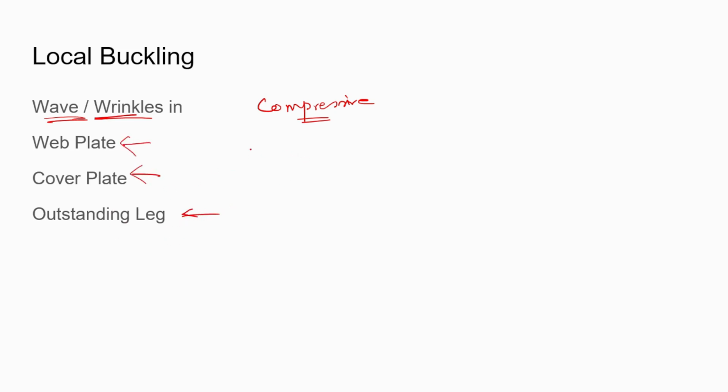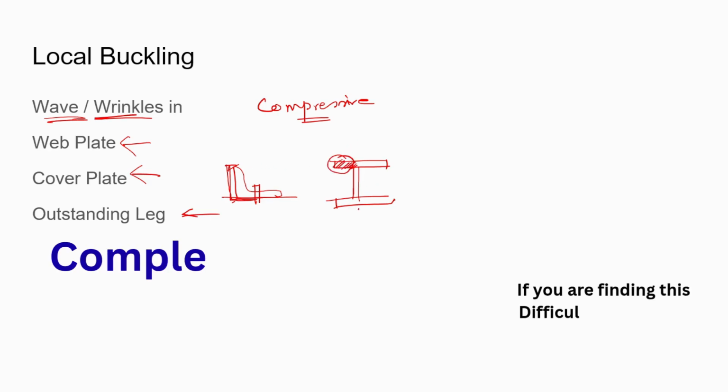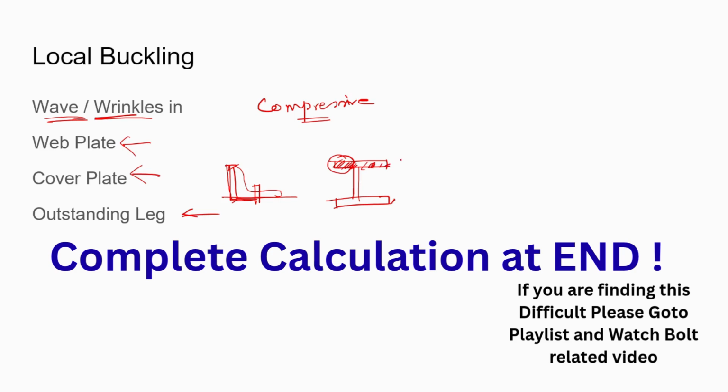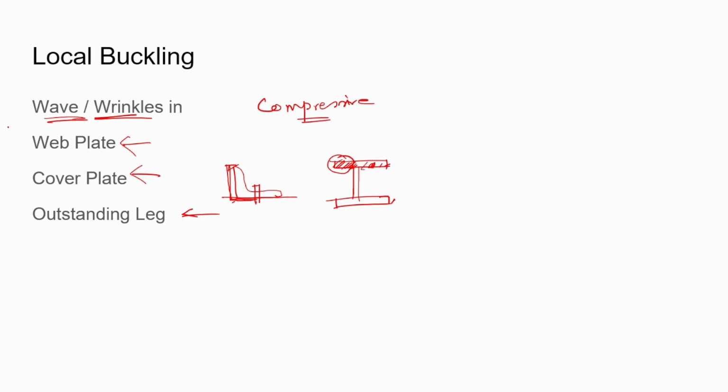So what is meant by outstanding leg? If we consider an angle like this, which is bolted here, the outstanding leg is this distance, right? Or if we talk about the I section or wide flange section, this is the outstanding. So basically it is the part of the member which is not supported, which is overhanging or something else, right? So once this wave type deformation or wrinkles type deformation happens at this location,